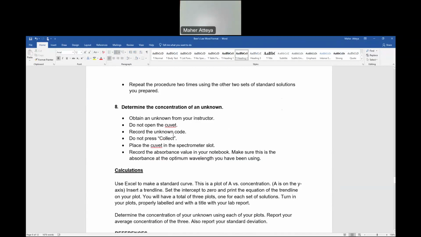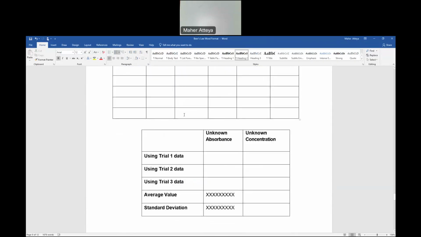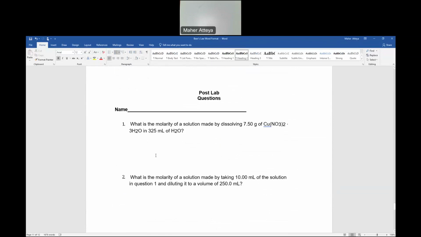You get the code of your unknown, put it inside the spectrometer, press collect, and then see what the absorbance is. From this, you can make an Excel. And this Excel here, I did for you. If you look,